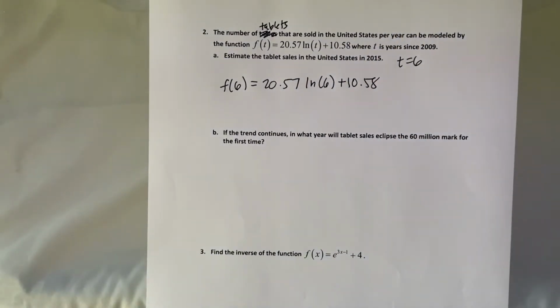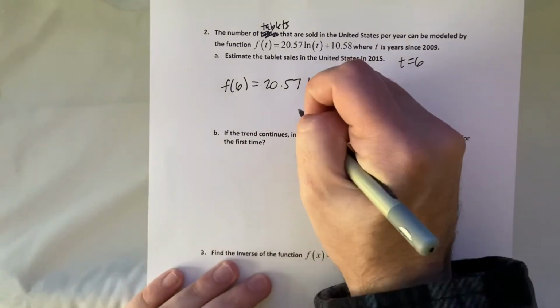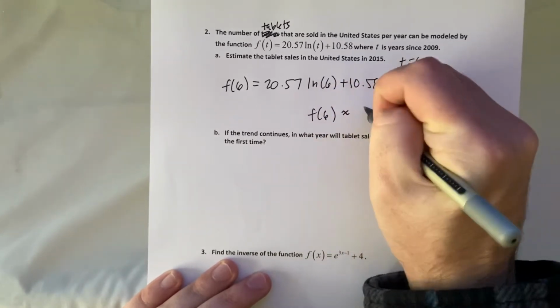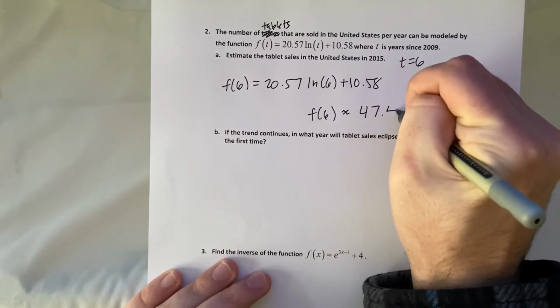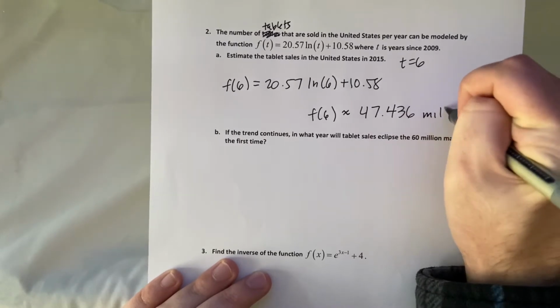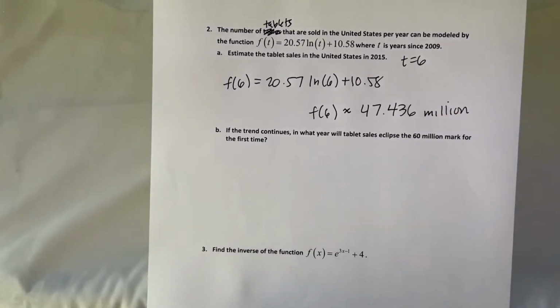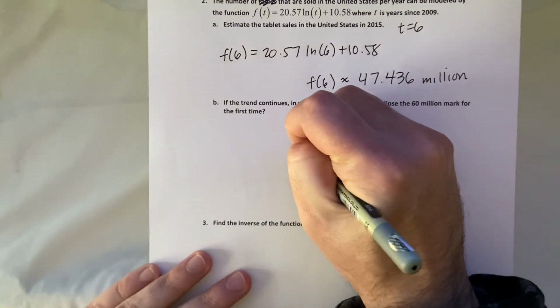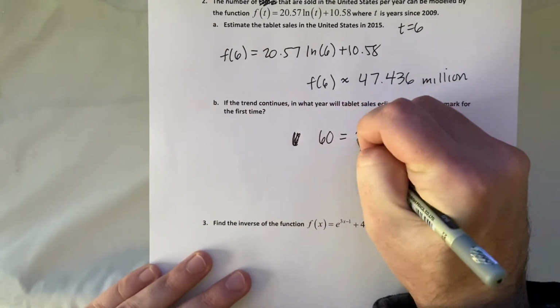Now this is as far as you could go without a calculator, but if you had a calculator, you could plug it in. If this ends up on the test, this is literally all you would do. But if I plug this in, I get f of 6 equals, we'll round to 3 decimal places, 47.436 million. We're assuming this is in millions. If the trend continues, in what year will tablet sales eclipse 60 million? So now 60 million, which we'll put on the left, 60 equals